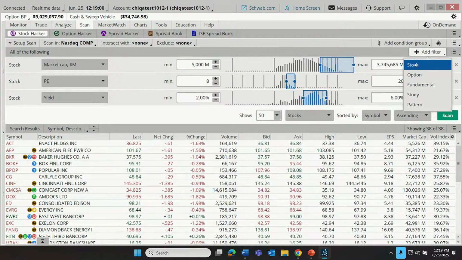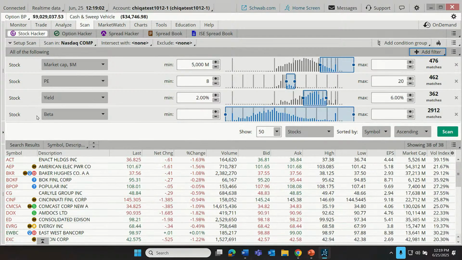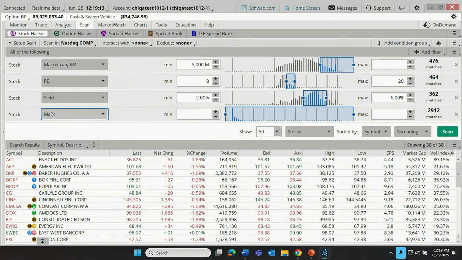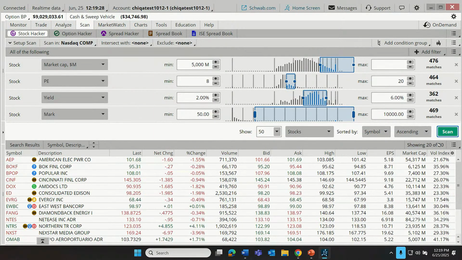So I'm going to go ahead and choose stock. Let's just show you what that does. That gives us the opportunity to go through this menu again, choose something else. For example, maybe our trader is interested in a stock with a market value of a certain minimum amount. I don't know. How about we just say $50? So among the 38 companies that meet all of these original criteria, wonder how many also are at least a $50 company. Let's click scan, see what we get, just 20. So notice we're narrowing it again.